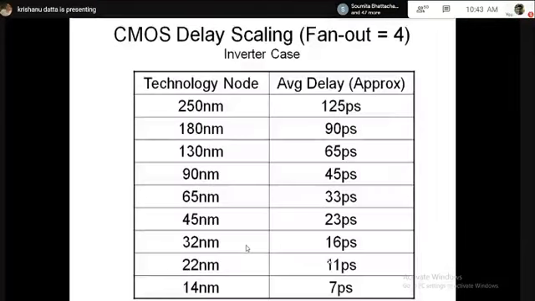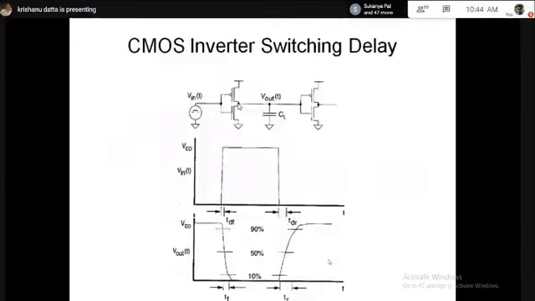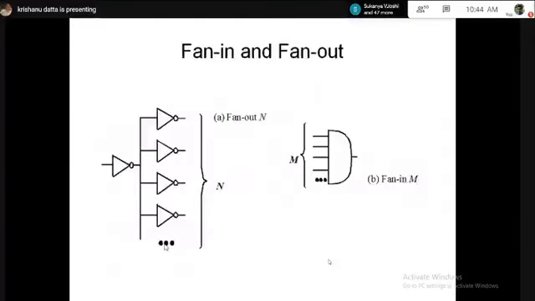The final picture that I want to cover today, because after that I shall start the next topic, is this. This is a very interesting picture, and what it is saying is that let's say I have a circuit where one driver inverter is connected to 4 receiving inverters. This means fan out is 4. So fan out 4 means this kind of picture. Let's say in this picture there is no dot dot dot. Okay, so one driver inverter connected to 4, and we are interested in the delay of this driver inverter. So this is the situation of fan out 4.